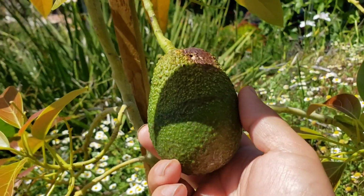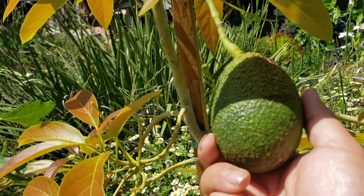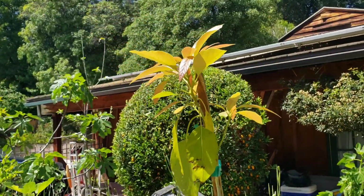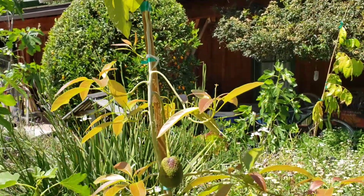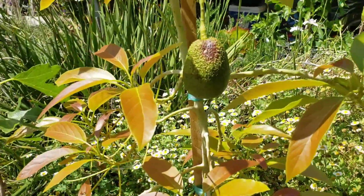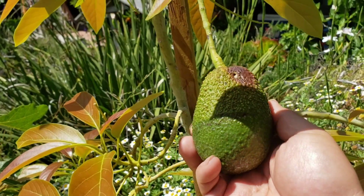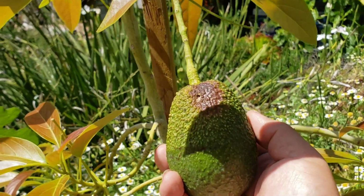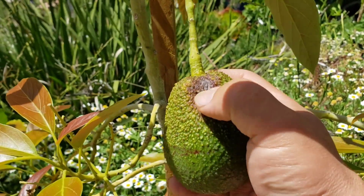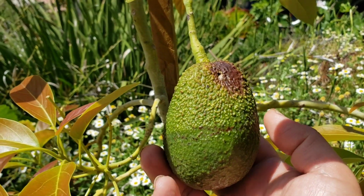So this is actually on the smaller side, and maybe one of the reasons for it is this is the first fruit of this tree. Secondly, it is a relatively small tree. But I did read somewhere that the harvest time of Gwen is starting from April, and it goes all the way through September. But the reason why I'm picking this at the end of April is it's getting a little dark spot there, just like the Lamb Hass. So I'm going to be